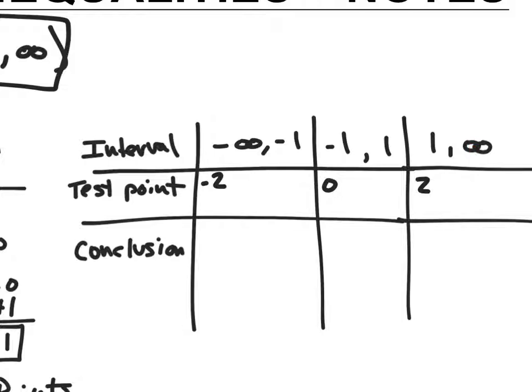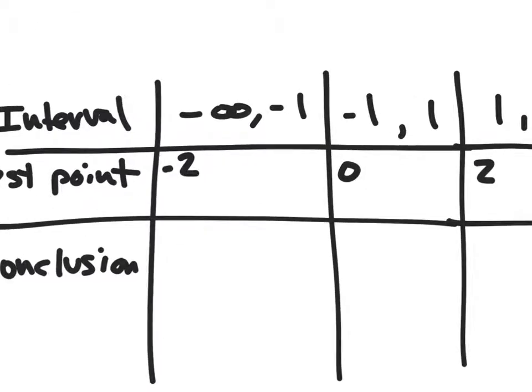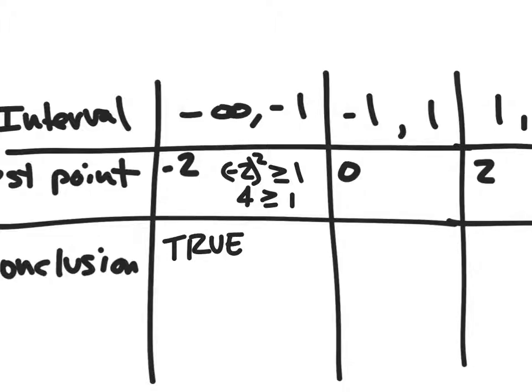Okay, now when I test this point, I want to plug it into my original equation. All right, so I'm going to do negative 2 squared. Is that greater than or equal to 1? Okay, and I end up getting that negative 2 squared is 4, which is greater than or equal to 1. And so this is true. So my conclusion is that this is true. Therefore, it's in the solution